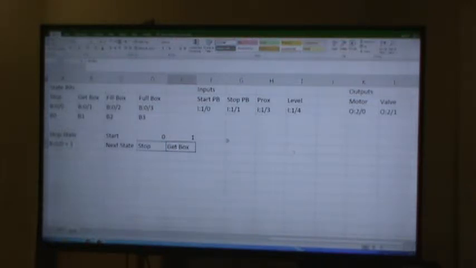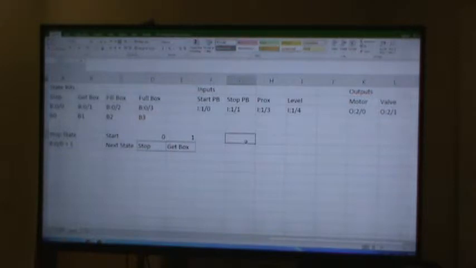Okay, so now I'm going to put more detail in it, because really what I need to do to stay in the stop state is I need to set B0 and clear all the other bits. Now here's the nice thing about this programming. We only care about setting the bits. We don't care about clearing. That will come along for free. Okay, so